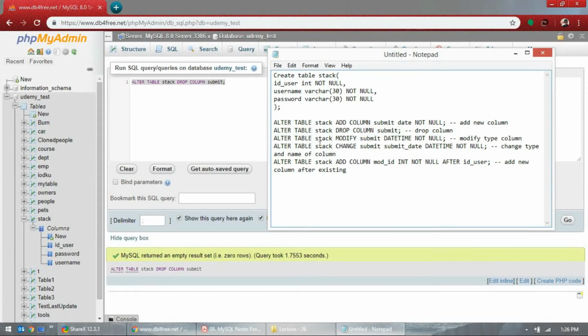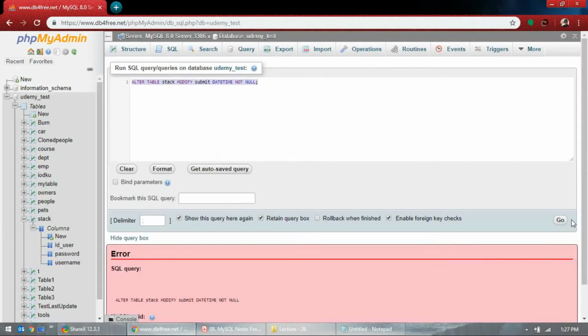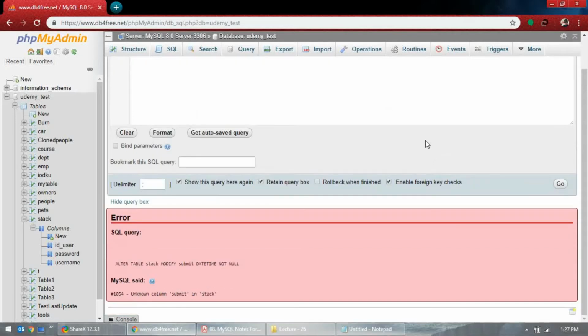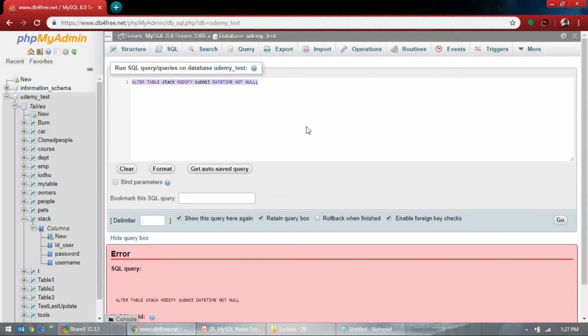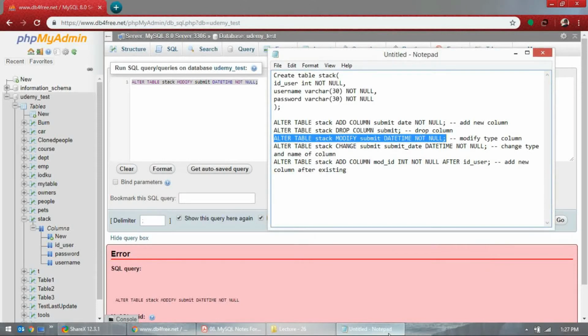Now we want to modify submit as datetime not null. Let's find out. Oh, this is not working because there is no column, because we already dropped it, right?